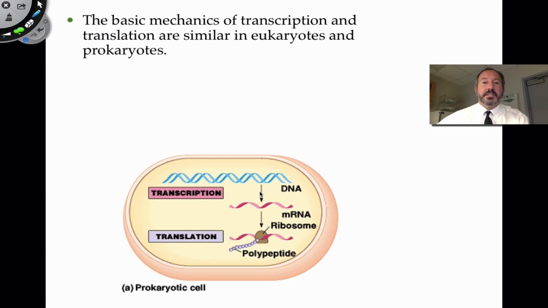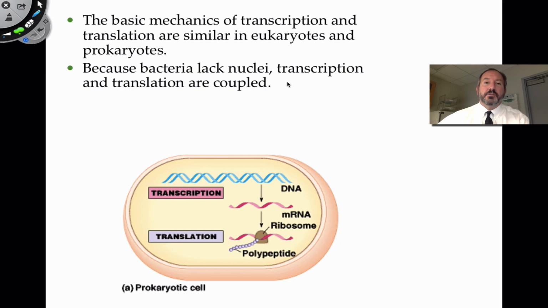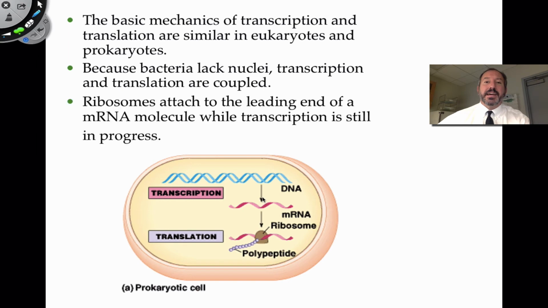Now again, in a bacteria that lacks a nucleus, transcription and translation are kind of coupled. So in other words, as soon as the message comes off of DNA, when I say message, I mean the RNA, as soon as it peels off of DNA, it's immediately picked up by the ribosome, and so proteins are being produced sort of simultaneously. So these processes are really linked together. But in the previous picture, if you remember, we talked about how transcription occurs in the nucleus and translation occurs in the cytoplasm. But here in a bacteria, the ribosomes can start working on their polypeptide while transcription is still in progress, which is efficient.